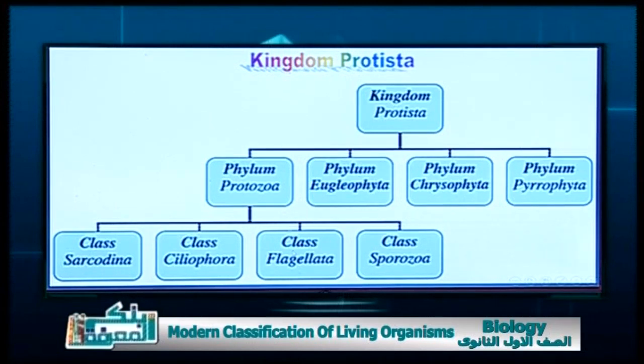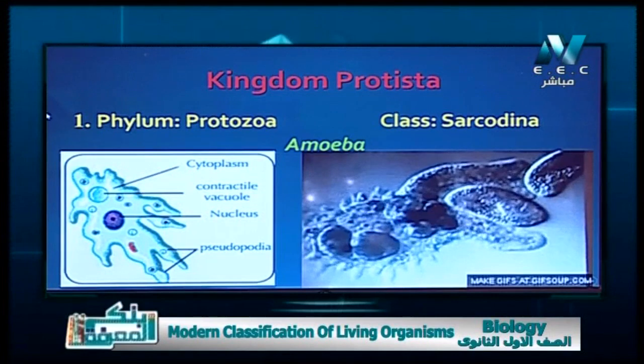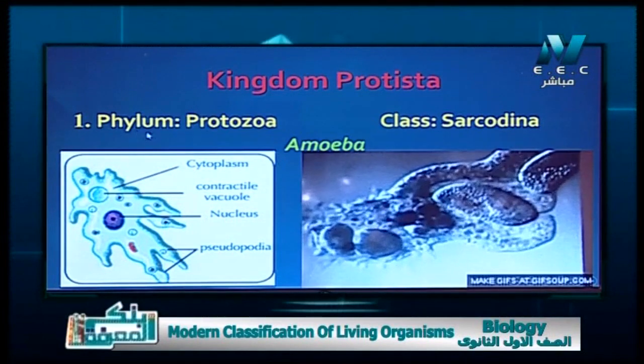The other phylum is called Euglenophyta. The third one is Chrysophyta, and the last one is Pyrophyta. Let us start with the first phylum, which is Protozoa. The protozoan organisms include